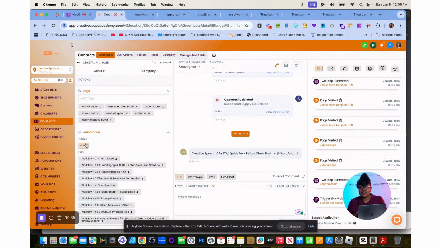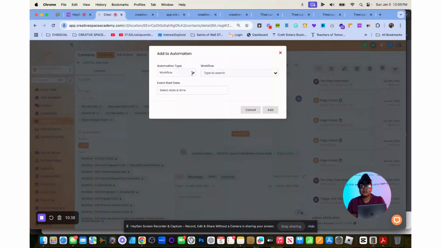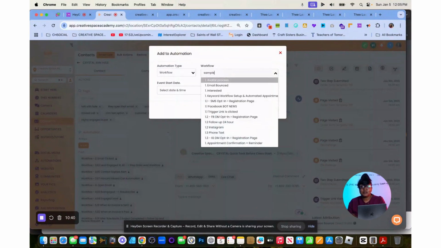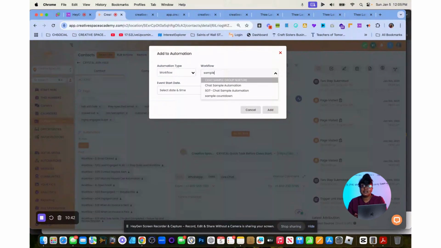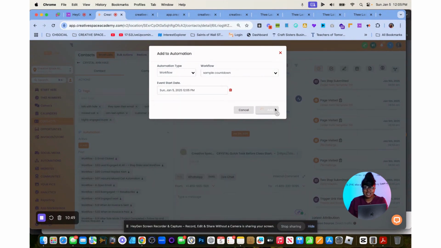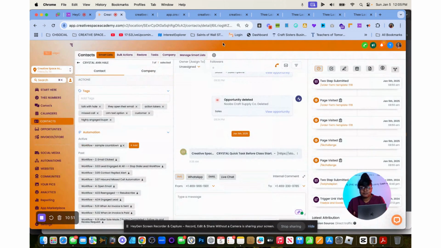So I'm just going to say add workflow sample. It should be like sample countdown. Okay, and we're just going to say add. Okay, now that it has added us into the sample countdown there,